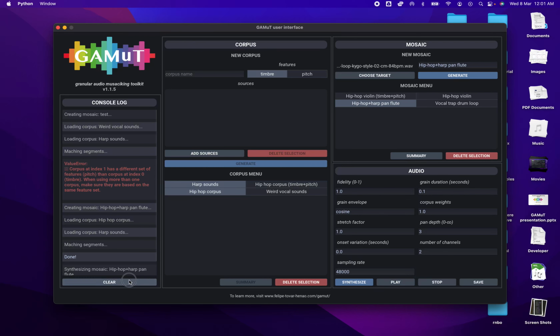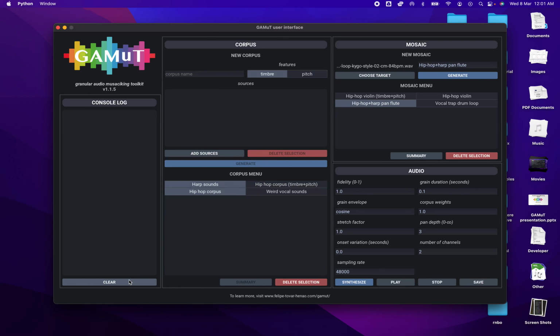Now, one thing that you might be wondering is if it's possible to control how much of each corpus we get in the final audio output. And the answer is it is possible to do so, although it might be a little bit confusing at the beginning. So let me show you what I mean. If I do something like this,